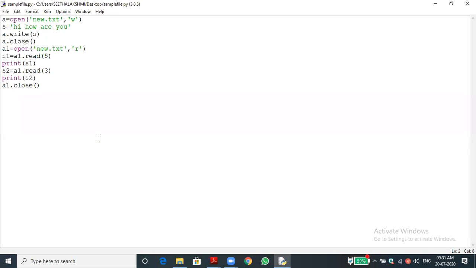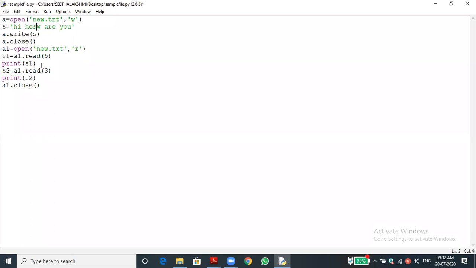Next we are asking to read, you can see this, s2 equal to a1 dot read of 3. Again we are asking to read 3 characters. It will not read from the starting onwards because it is the same file. The file pointer is after the Ho, and from there it starts reading the 3 characters, that is W, space, A. Those 3 characters will be stored in s2. We ask to print the s2 variable, then W space A will get printed. We have seen the output also.